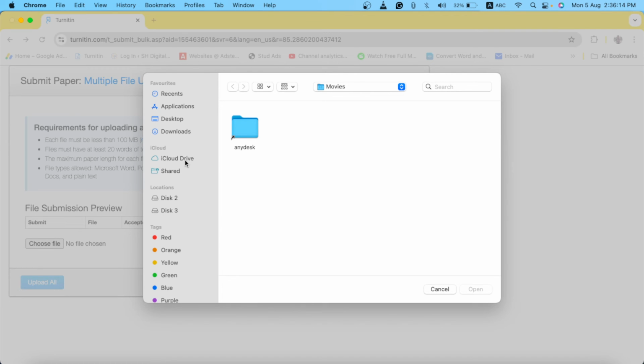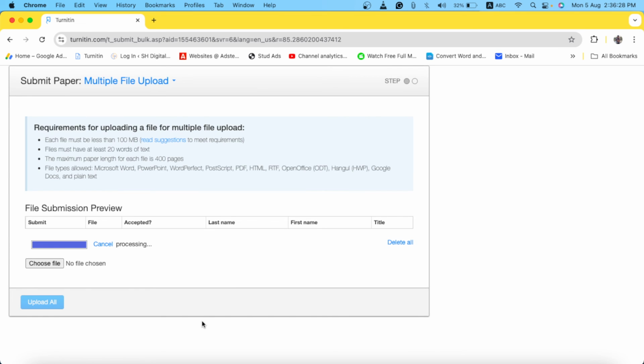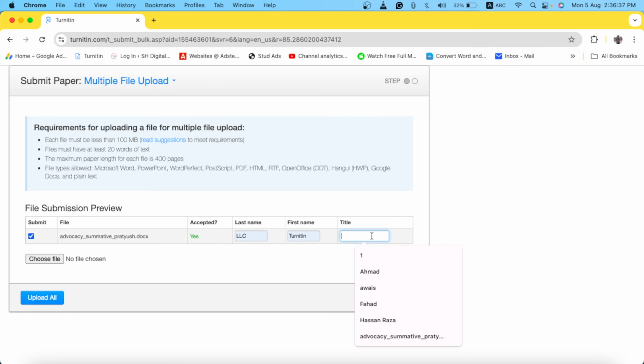and here you can see it's 1 second remaining and it's now processing. After processing, write the first name as Turnitin, second last name of the author. You can write by your own choice and give